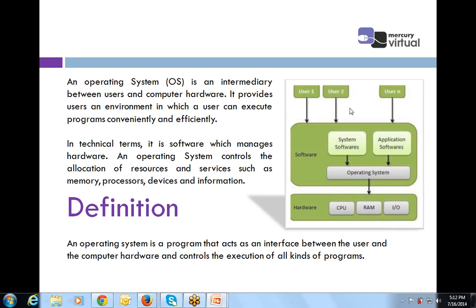This is the diagram. This shows there are different users and different hardware, and the operating system is the intermediate between the user and the hardware. So this diagram shows the operating system overview. That is, the operating system is a mediator between the user and the hardware. Right. Next slide shows